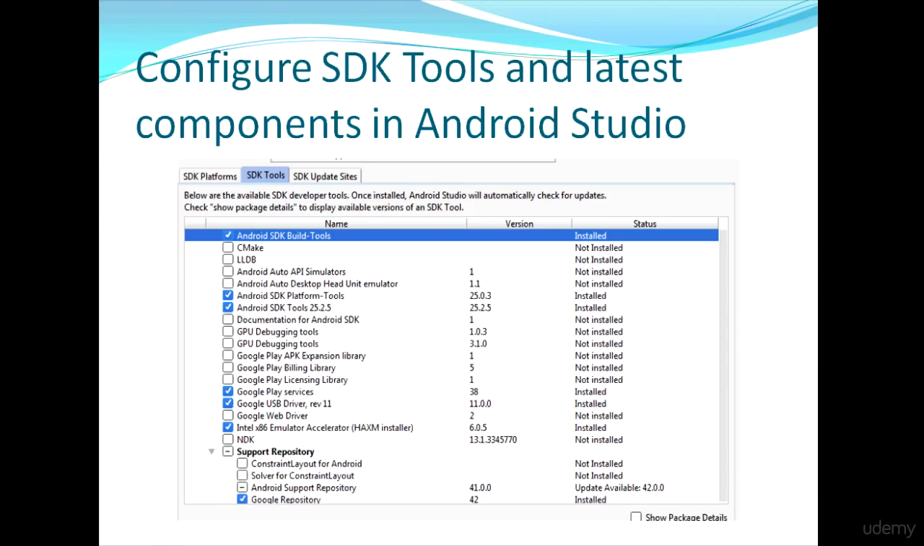In this section, I'll tell you how you can configure the SDK tools and the latest components in Android Studio. In the previous video, I have shown you how you can download and install Android Studio. As I mentioned earlier as well, when you install Android Studio, only its default packages are installed. So you need to update all the latest packages so that you can develop your app and run it on